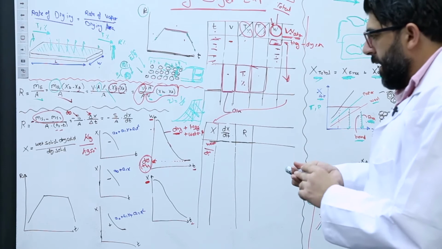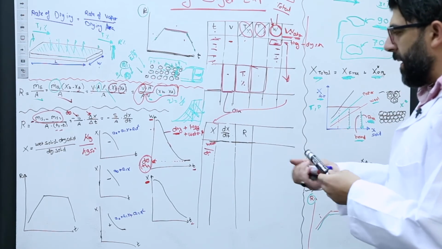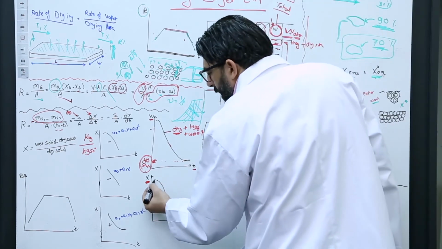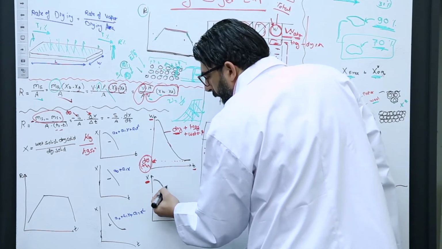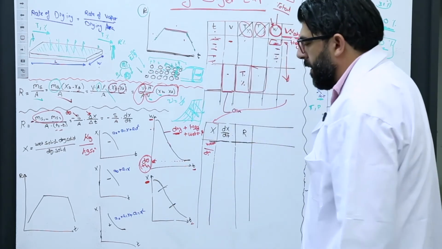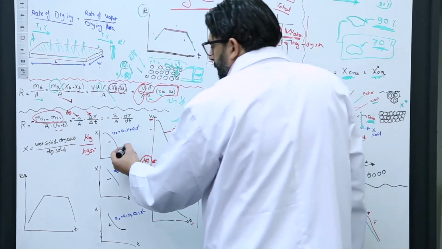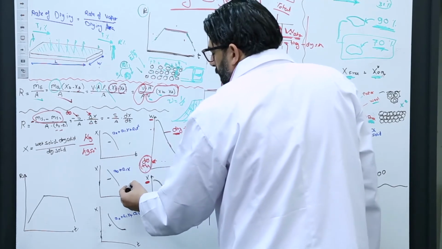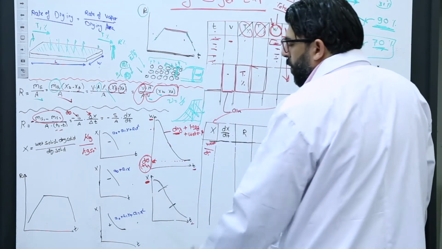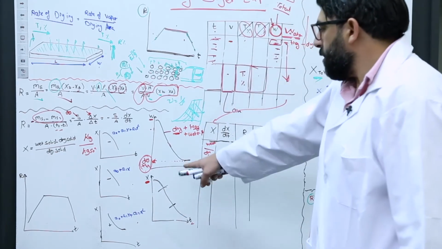Now, this curve, you can split into 3 parts. The first part is polynomial. The second part is constant or linear. The third part is polynomial again, or like this. So polynomial, linear, and polynomial. Now,